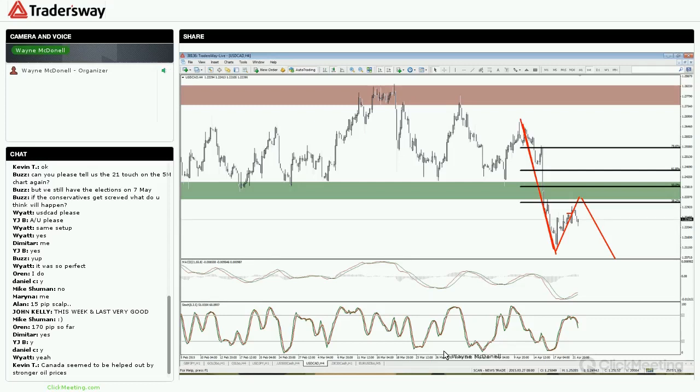Kevin says Canada seems to be helped out by stronger oil prices. Yeah, sure. Yep. You bet. The other thing that's supportive for Canada is that their largest trading partner, the United States of America, is in reasonably good health. And with a weak Canadian dollar, anything that Canada produces